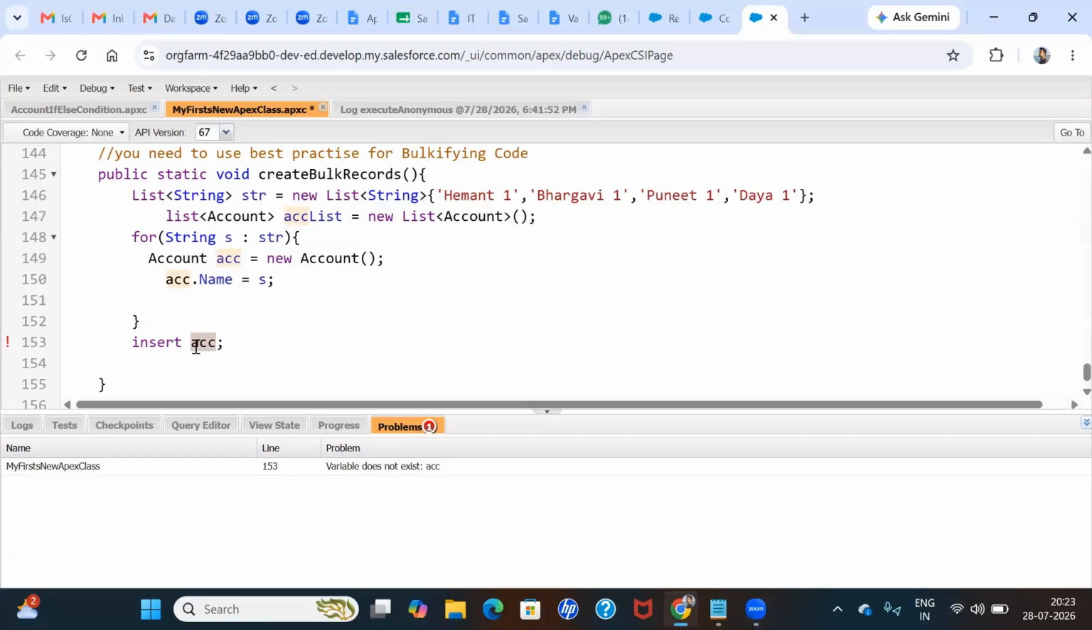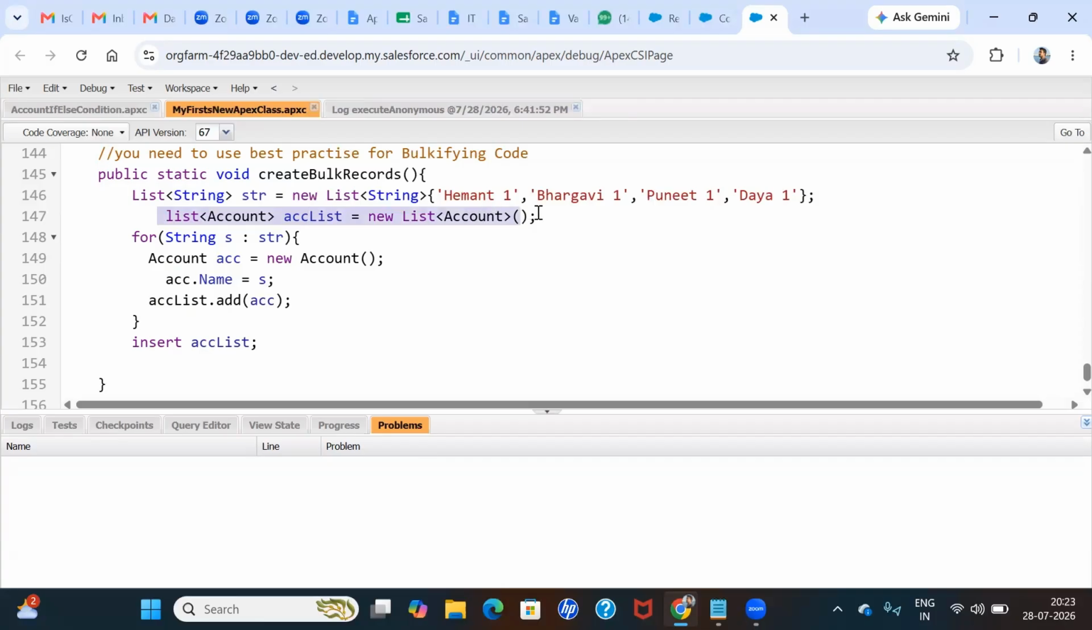So now what we need to do? We need to store this ACC in ACC list. Dot add, like this. Now you need to copy and paste it here, outside the for loop. Save. Now we have fulfilled this one. After this, you can do a